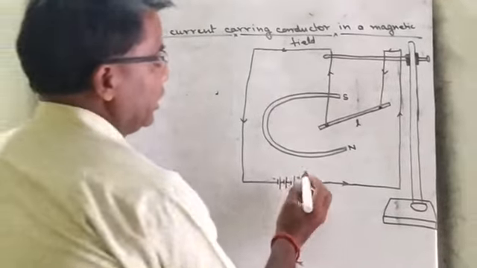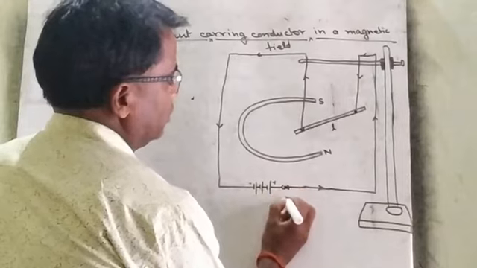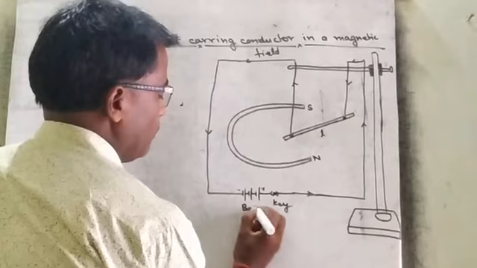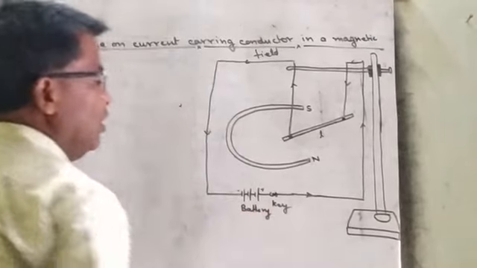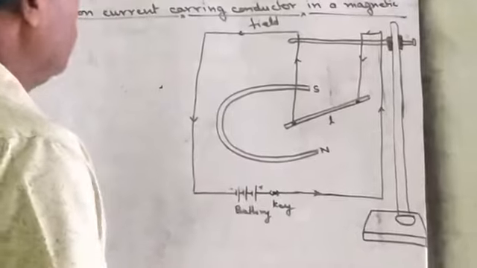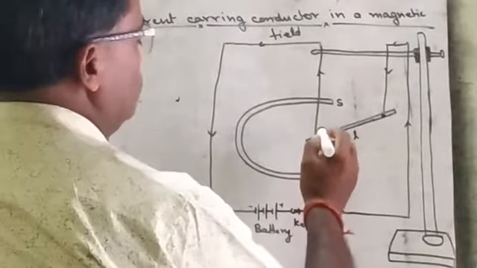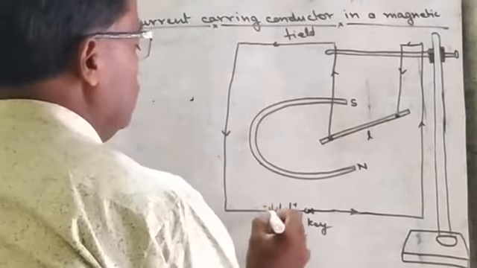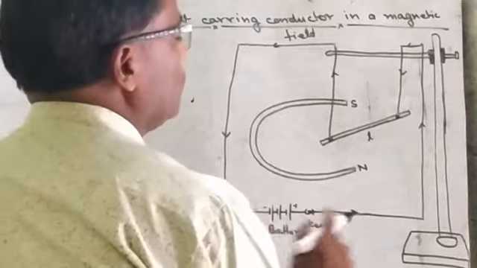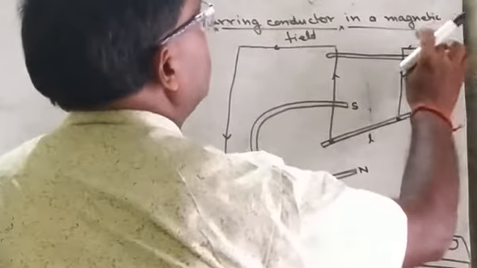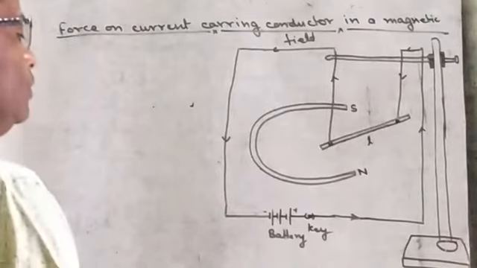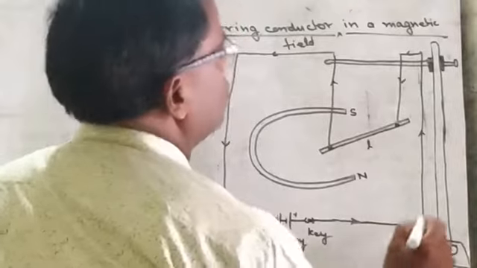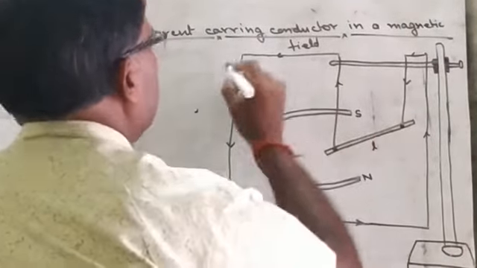When we make this circuit close, the battery, the circuit closed, and both ends of this conductor, you see, this end is connected through a connecting wire. There is one battery, one key, and another end through this stand I connect another end. When we make the circuit close, then what happens? Electric current passes from the positive terminal to the negative terminal.